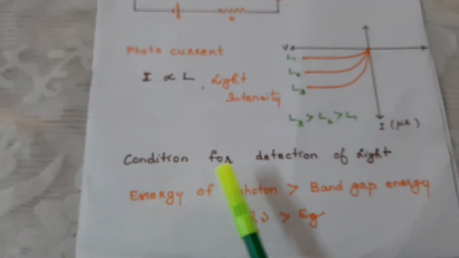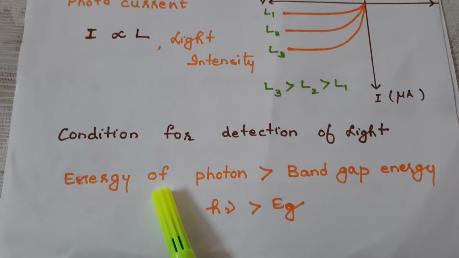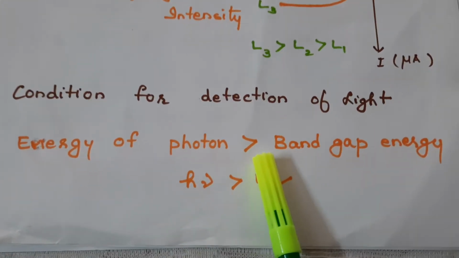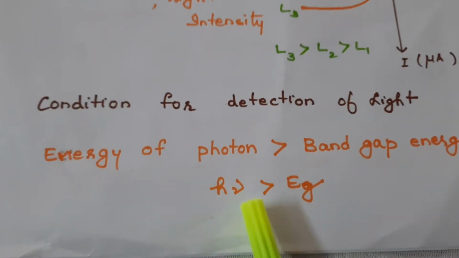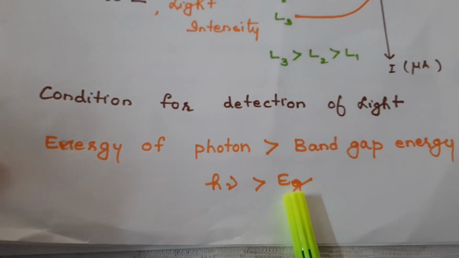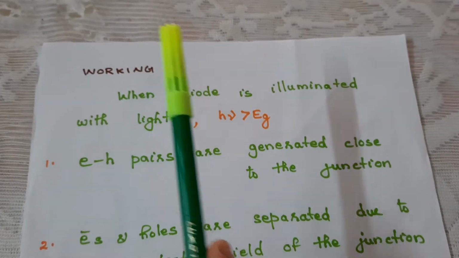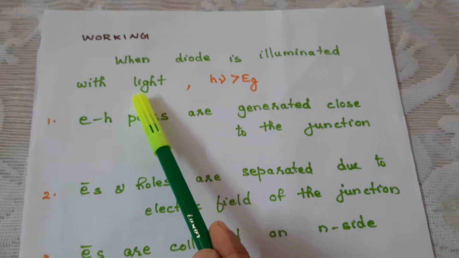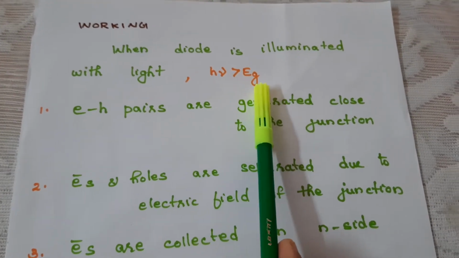But the condition for the detection of light is energy of the photon should be greater than the band gap energy. That is, h nu should be greater than Eg. Let us see the working of the diode. When the diode is illuminated with light photons of energy h nu greater than the band gap energy,